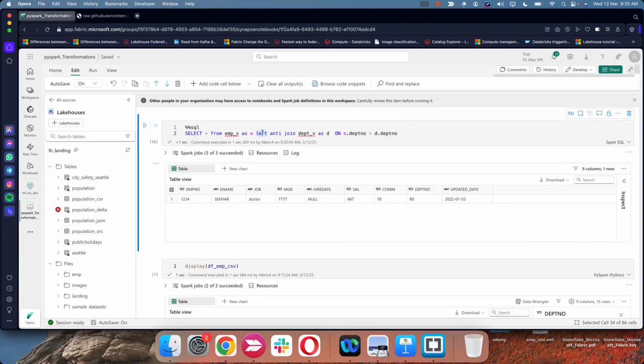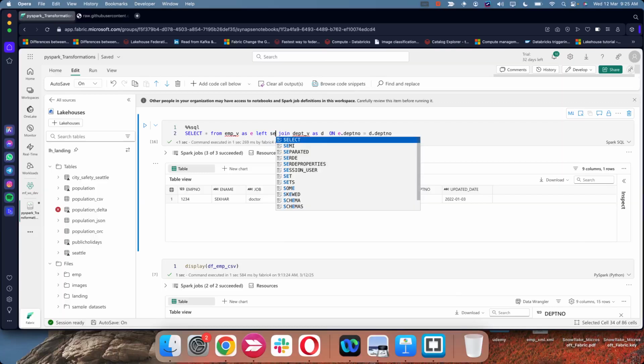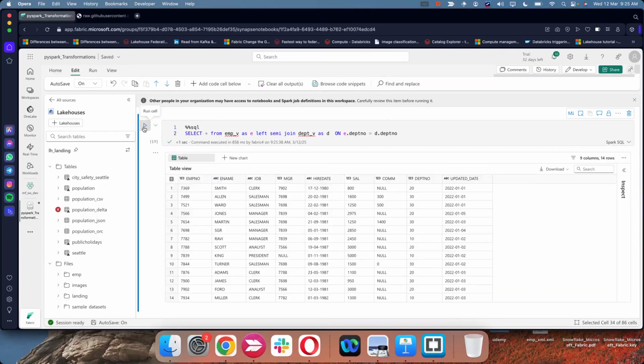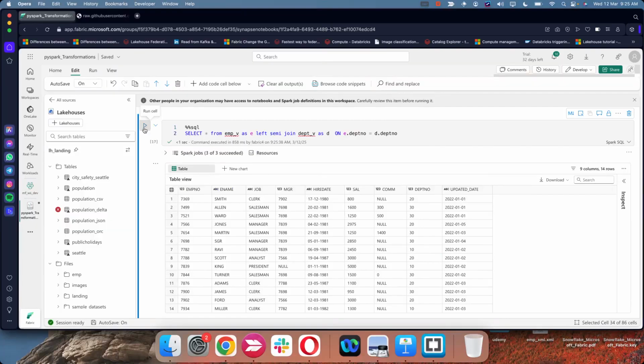The left anti join gives unmatched data from the left side. The left semi join gives matching data from the left side. You don't see the right side over here. Okay. Now, let's understand